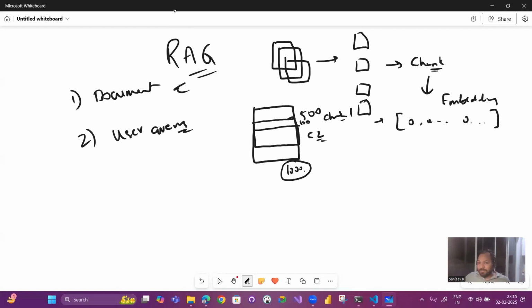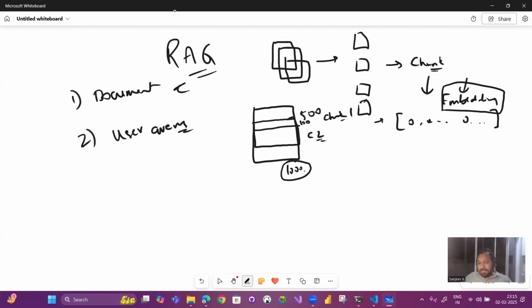This list can be of a defined length like 150 or 300, based on what embedding model you choose and what embedding length you want. I'll talk about what embeddings are in a while, but just take it for granted that a machine doesn't understand any words. It only understands ones and zeros. It cannot understand any alphabets.